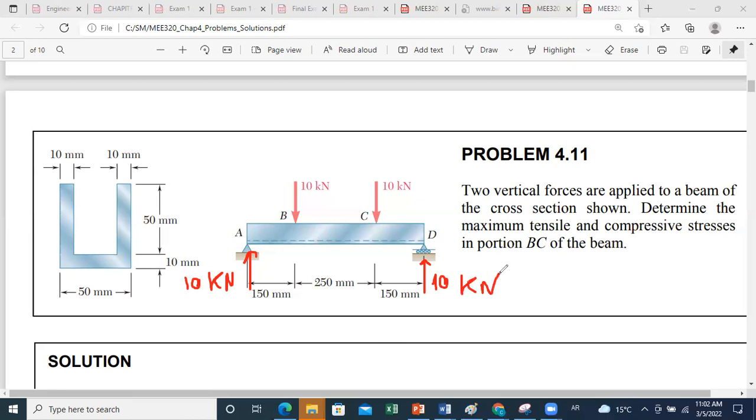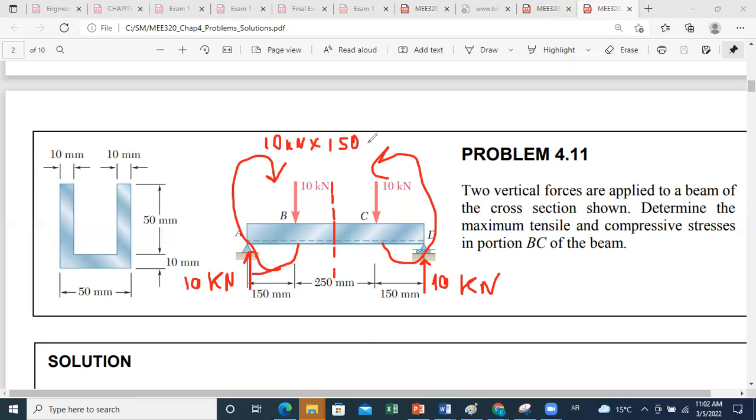Okay. Now, we can say that whenever we consider a cross section between B and C, these two forces will result in a couple. The couple they create will be a clockwise couple, and the couple created by the other two is a counterclockwise couple, and both couples have the same magnitude, which is 10 kilonewton times 150 millimeter,